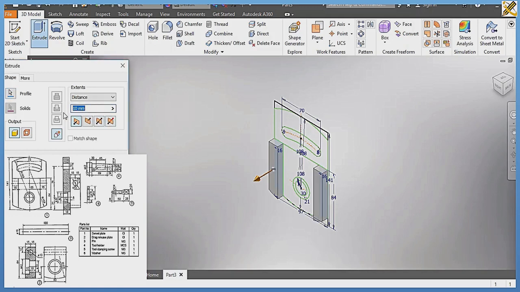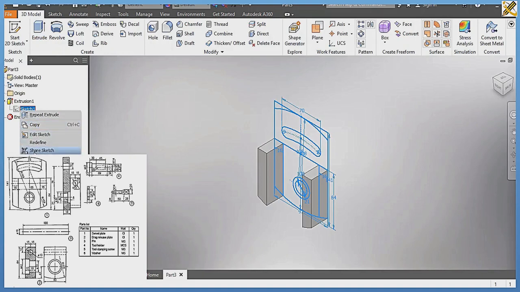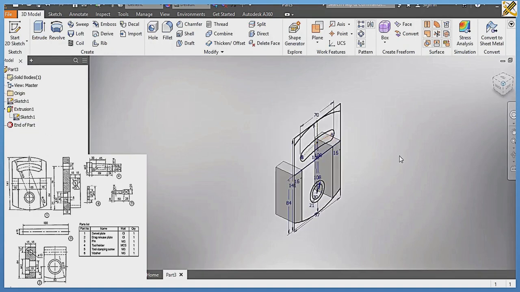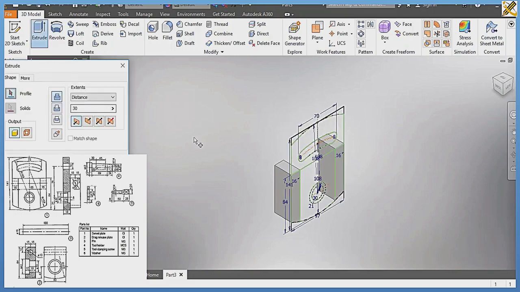Mark of 30. Alright, then I'm going to share the sketch. Facing the back here, I'm going to click on extrude. Clicking on extrude, I'm picking